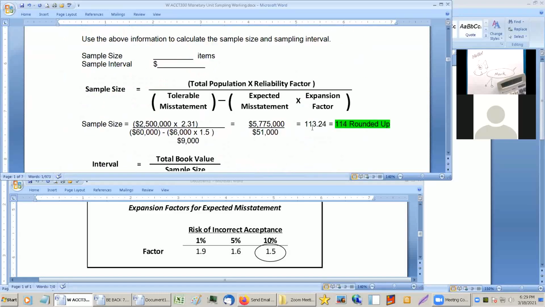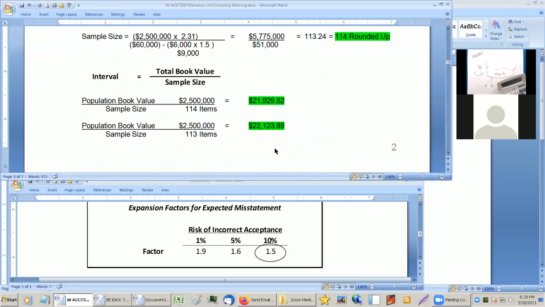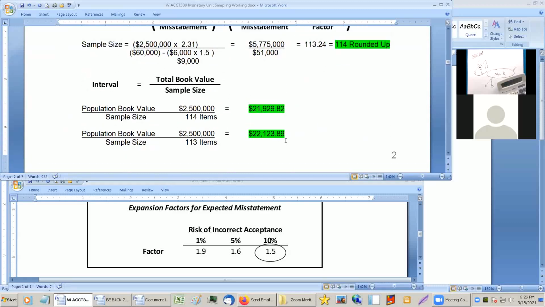Now, this is one of the drawbacks to this method that's different than the classical sampling, and that is if there's a problem in monetary unit sampling,